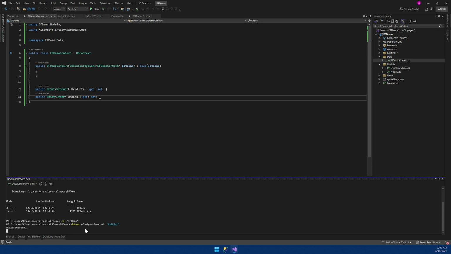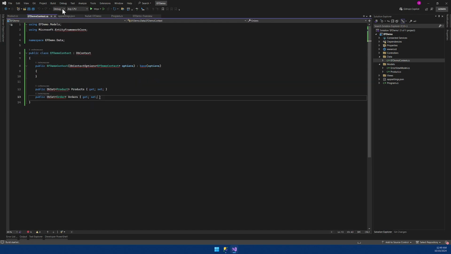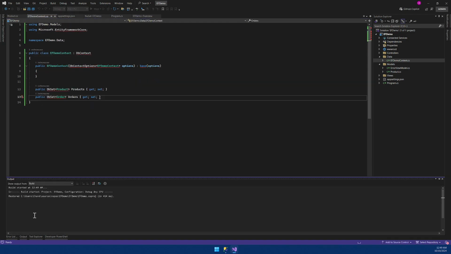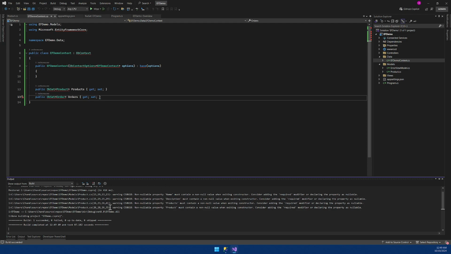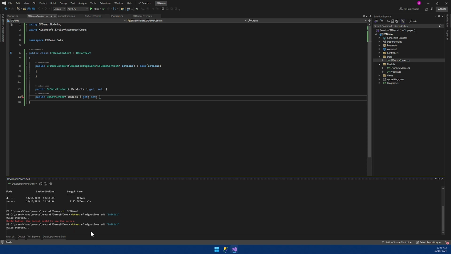And once you do this, it will start building my project. There are a few build errors. I think the project was not built initially, the packages were not installed, it just had a reference, so in order to build it, I will build the project once. Again I'm using the up key, and I think it should build now. Yes,